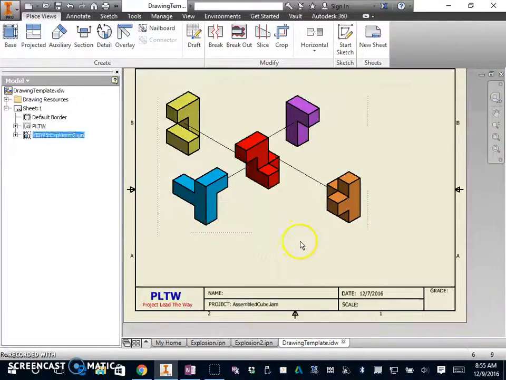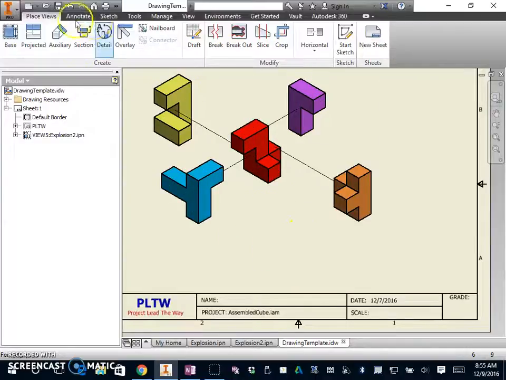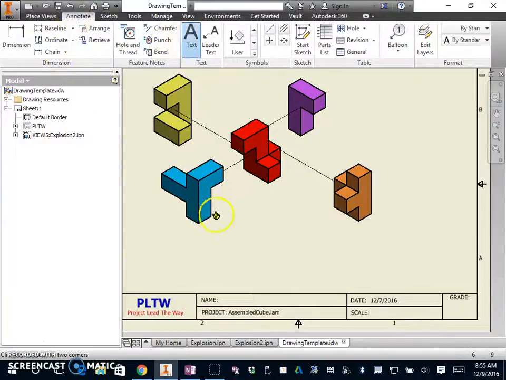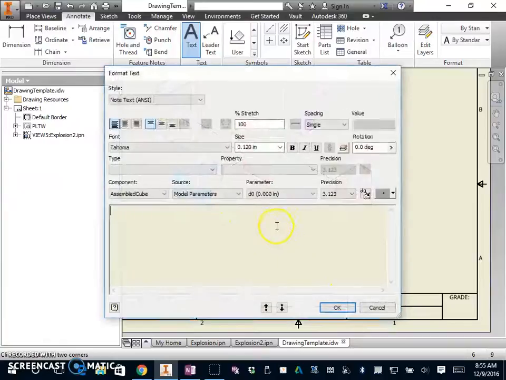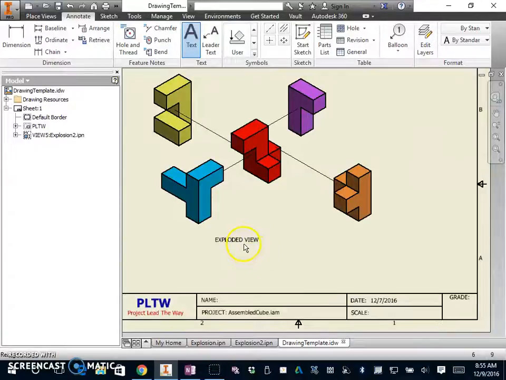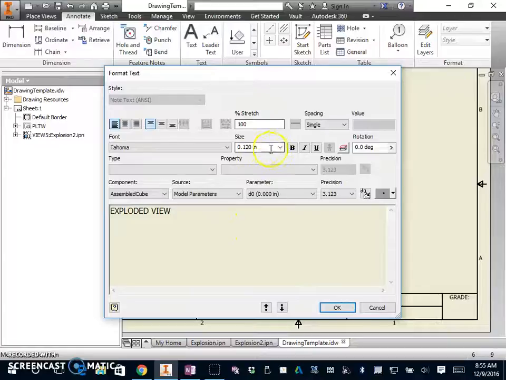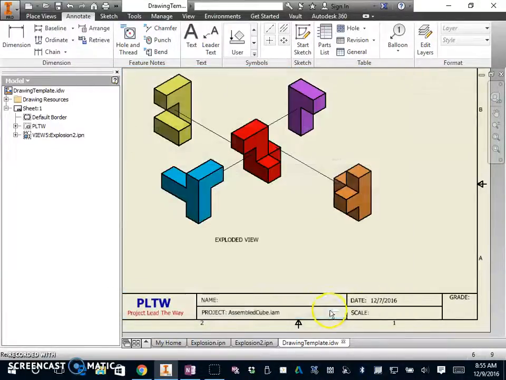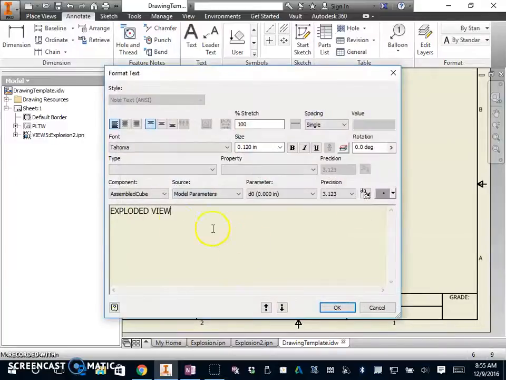All right. So we could add some text in here, annotations. Add some text. Make a little text box. Call this exploded view. I could even probably make it a little bit bigger. If I double click, here's your size option. Maybe change that to 0.24. Alright,